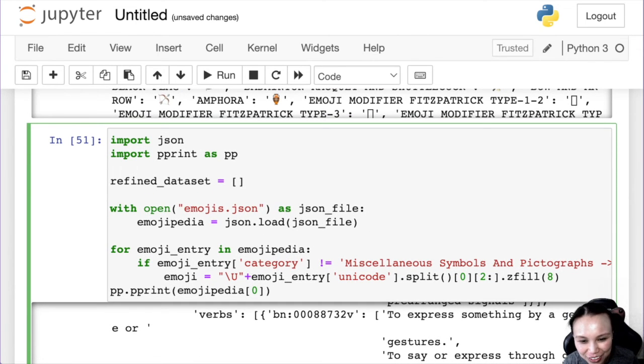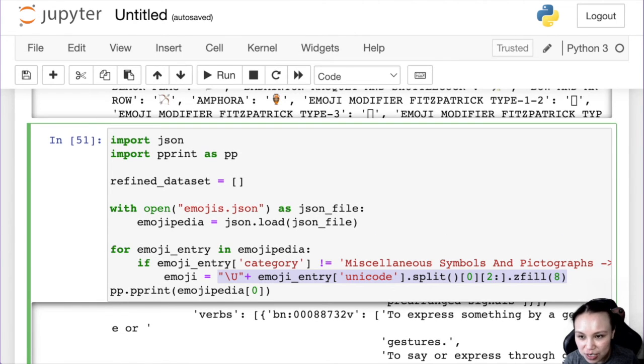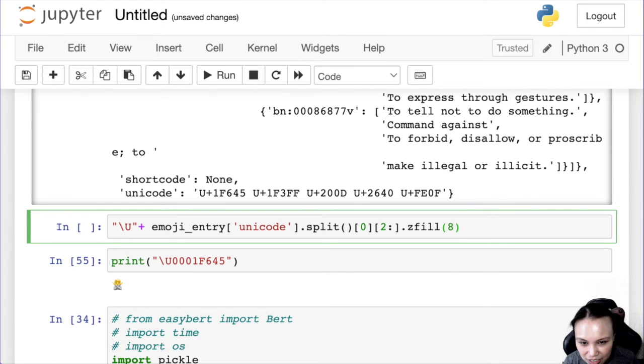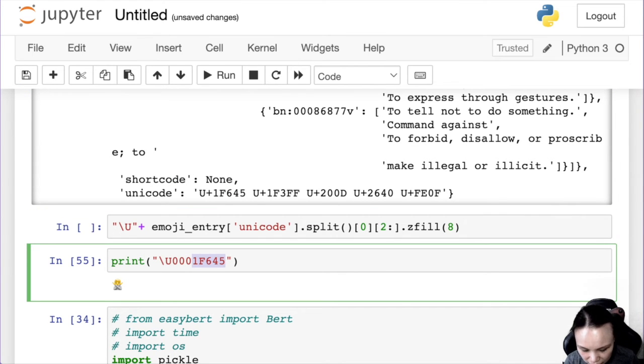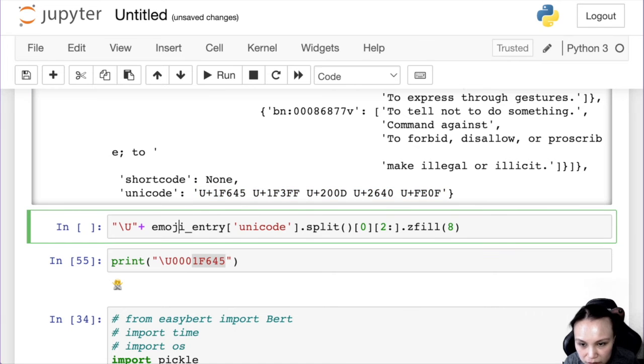Since I'm in the Jupyter Notebook, I can easily copy this logic. So I would put U plus this here, dot split this too. Maybe I just copy this thing here to see if it gets what I want, right? So yeah. Okay.